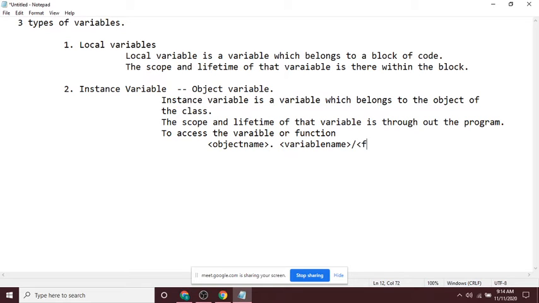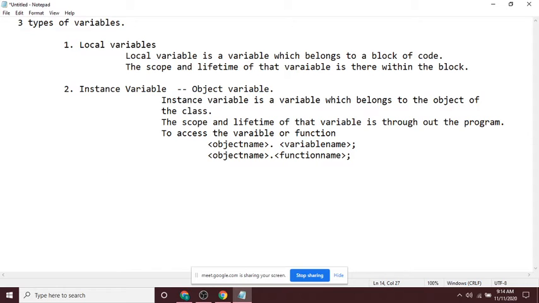Am I correct? Yes, sir. This is the way you have to use object name dot function name. Yesterday I think we did a small program for this.